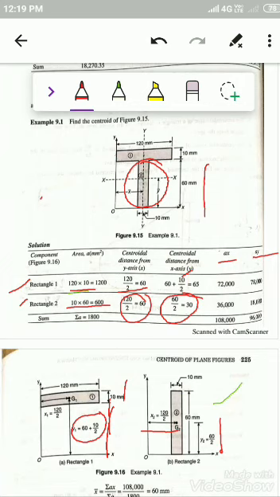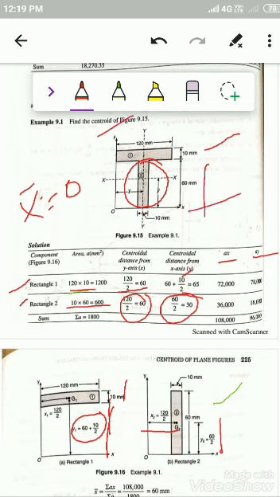Here you have to consider the reference axis. The centroidal axis is different, the reference axis is different. You have to calculate with respect to the reference axis. By the principle of the centroid, if this figure is symmetric about the y-axis, then x bar is 0. When you consider it with respect to the centroidal axis, it is 0. But if you consider it with respect to the given reference x and y axes, then it exists.